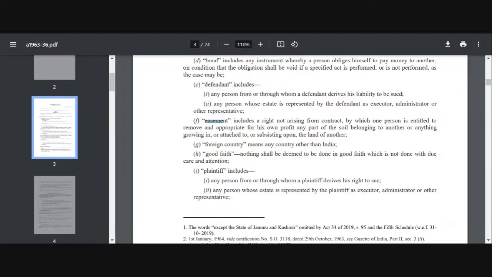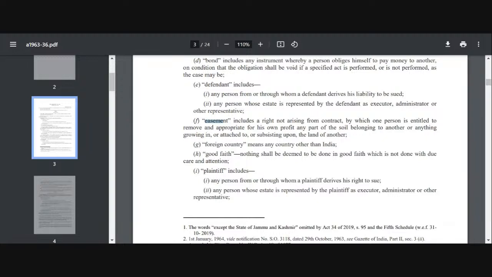The pond is actually on my land, but you have been drawing water from my land for more than 20 years, peaceably and without any interruption. And then you get a right over this